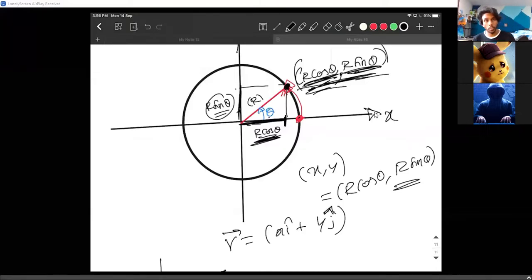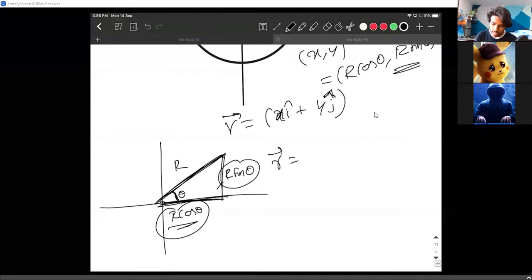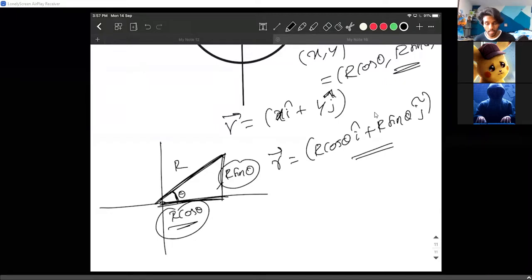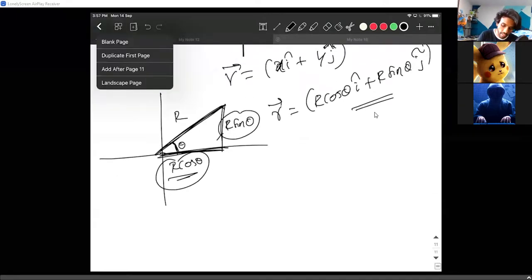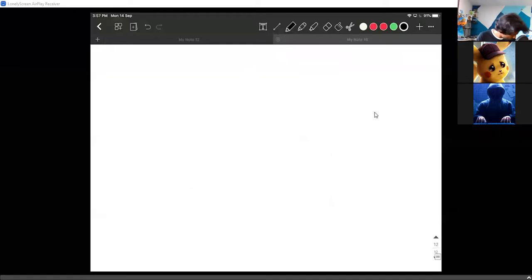Guys, if you don't know what position vectors are, if you don't know these basics, I suggest you go back to the basic mathematics class and watch them. Put some attention on those classes, otherwise you won't understand these bits. You may get bored with this stuff because it's basically mathematics, right? So the position vector goes like x is r cos theta i cap, y is r sin theta j cap: r cos theta i cap plus r sin theta j cap. Now once you have the position vector of the particle, let me show that to you like this.